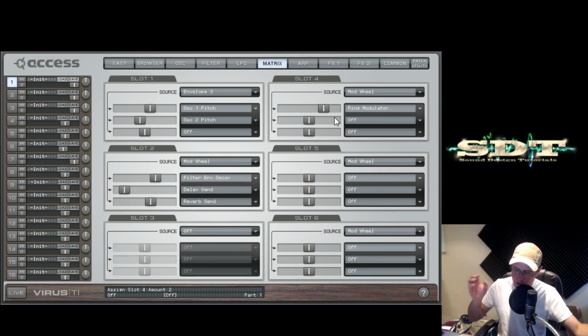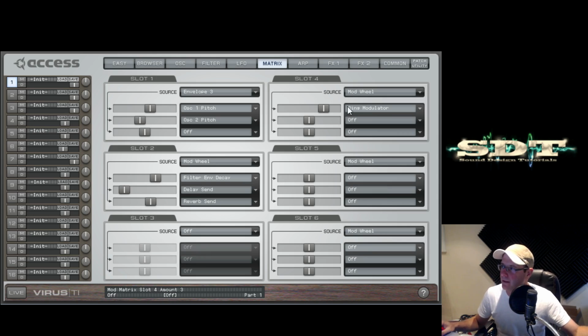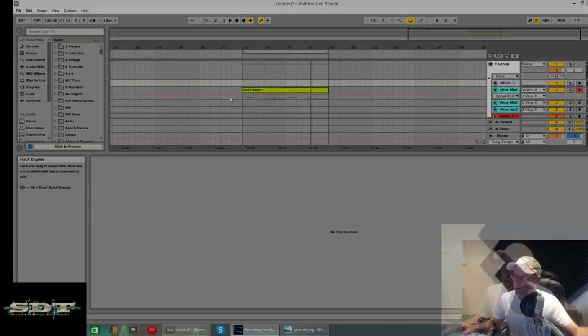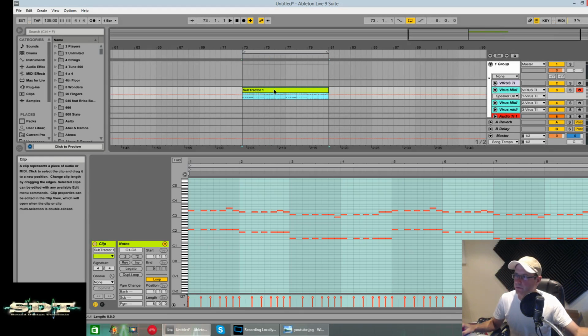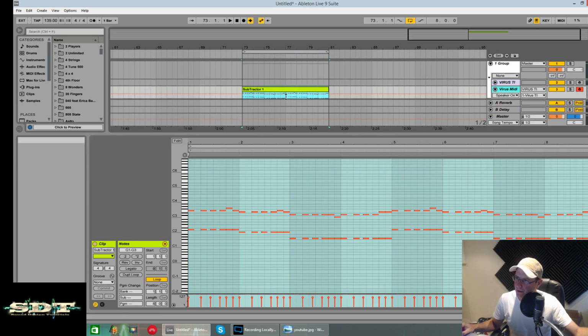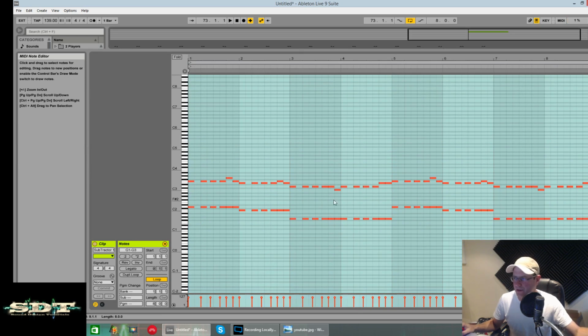So as we open it up with the mod wheel, the delay is going to decrease, the reverb is going to increase, and the ring modulator is going to come in just to fuzz it up a bit. So as for modulations and the patch setup, that is it done. I'll show you the notes I've got in this MIDI clip that I was playing. It's a real simple progression. Both the notes are the same. It's nothing too crazy. If you open the mod wheel out,